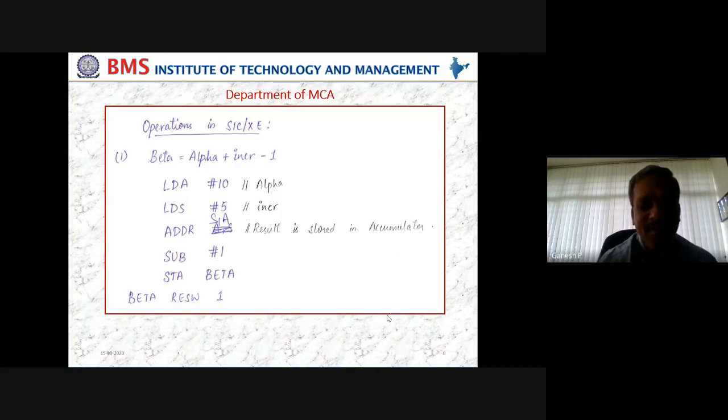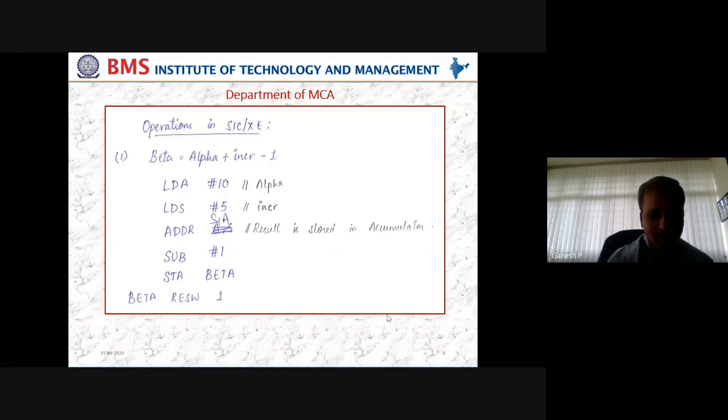You can use whichever instruction you want. But to inform you of the application of a format 2 type of instruction, we have used this now. So we are loading another register, which is not available in SIC. It is available in SICXE. Since it is general purpose, I can load it with any value. So I have taken LDS. If you want, you can take LDT, because S and T are the same for general purpose. You can use either of them. So I am loading some data into the register S. What is the data? That data is going to be the increment data, that is INCR. Here I have taken 5. So the value 5 is loaded into the register S.